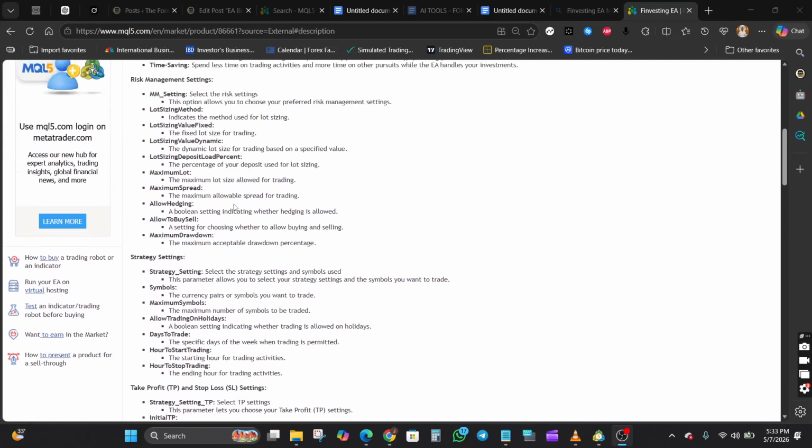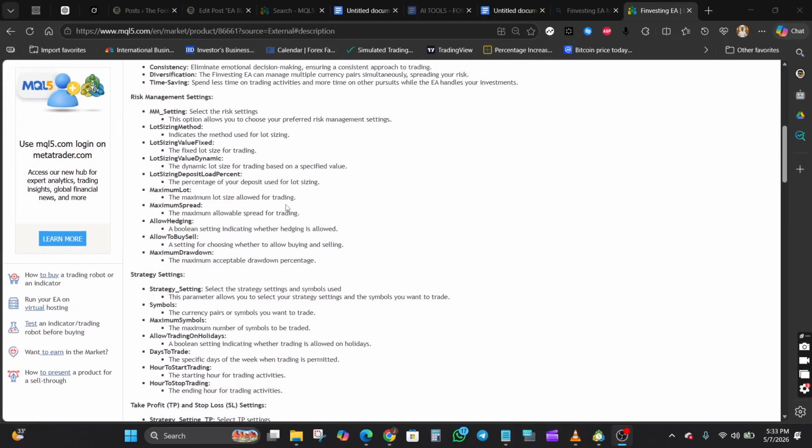So honestly, that can be both a strength and a weakness depending on the user. For experienced traders, this level of customization is useful because you can control exposure very precisely. But for beginners, too many adjustable parameters can become overwhelming if you don't understand how each setting affects the system's